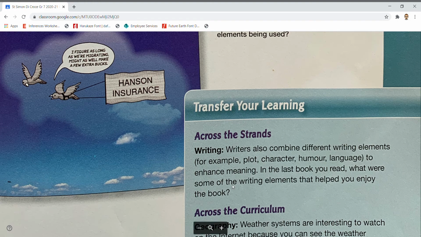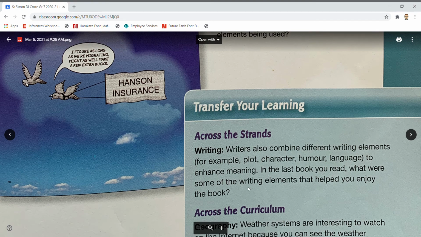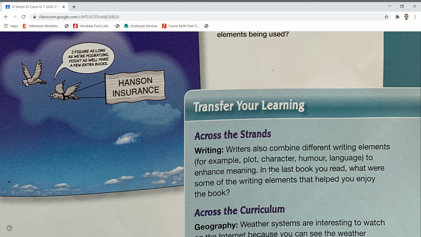So, yeah, the last book, what were some of the writing elements that helped you enjoy the book? It could even be just like the plot. You really liked the idea of, when you think back to Hatchet, his survival story, what he had to go through to survive. The Outsiders, when you think about